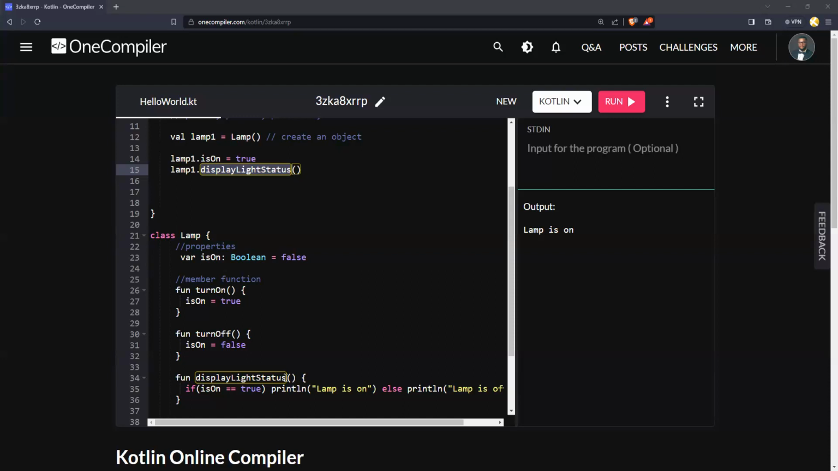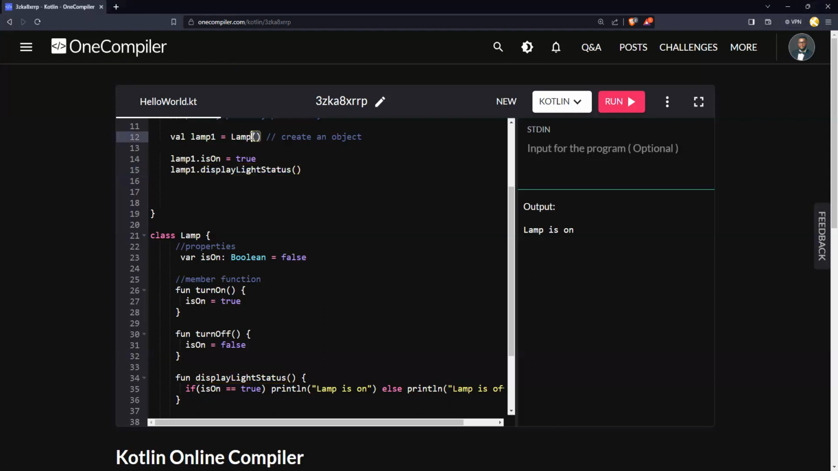Okay, so let's move on. The next thing we're going to look at now is constructors, right? A constructor is kind of like a way to initialize class properties. Okay, that's what a constructor is. So basically, what I'm explaining is this guy. See this